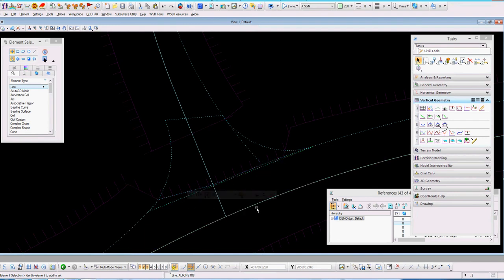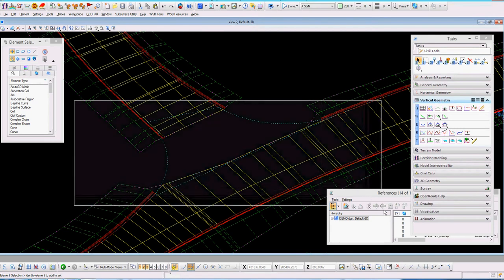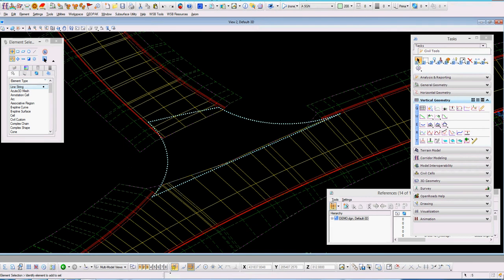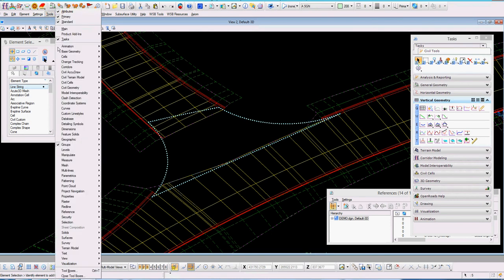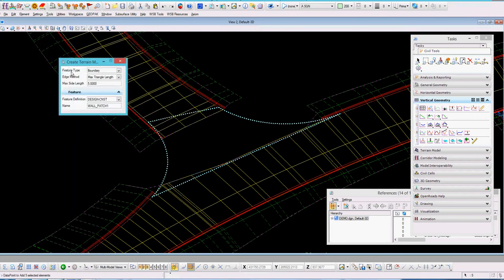Active profile. If we go to the 3D, looks like we have the boundaries, keyword boundary of our transition. I'm going to try to highlight all of that. I count down here that there's 5 elements selected, 1, 2, 3, 4, 5, which is all I need for this. Go up to my tools, civil terrain model, create from elements, feature type boundary, since this is the boundary, edge method,